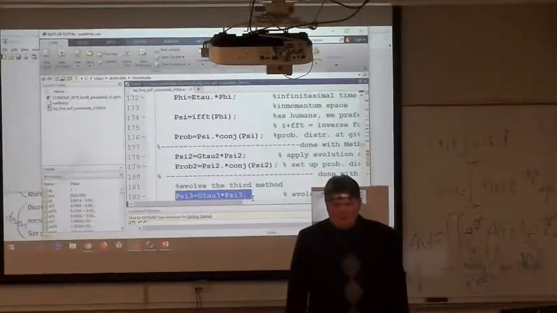Wait, so the Hamiltonian 2, does that work for everything except for the